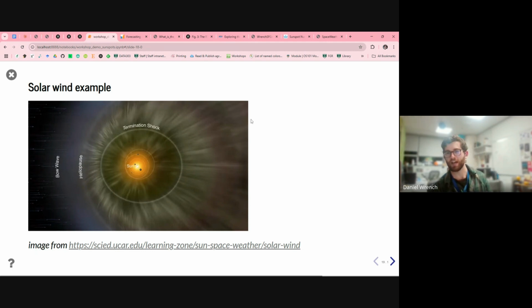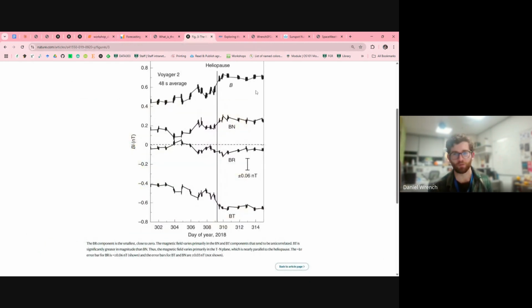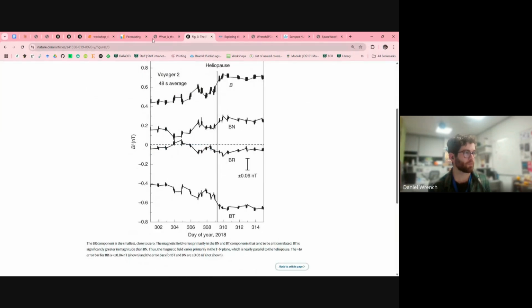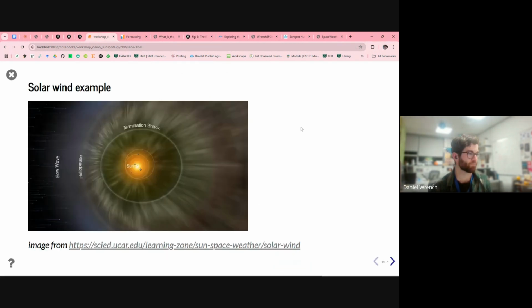As I mentioned at the start, there's a constant stream of particles from the sun, which carves out this bubble in the interstellar medium called the heliosphere, and you see different parts of that there. This is the heliopause, so the Voyagers are out here, and this is where the data has lots of gaps in it and a lot of noise. But we often take the magnetic field time series and perform analysis on that.